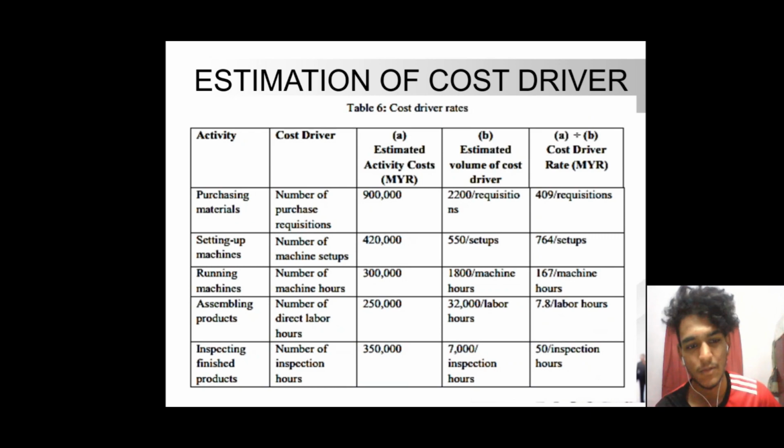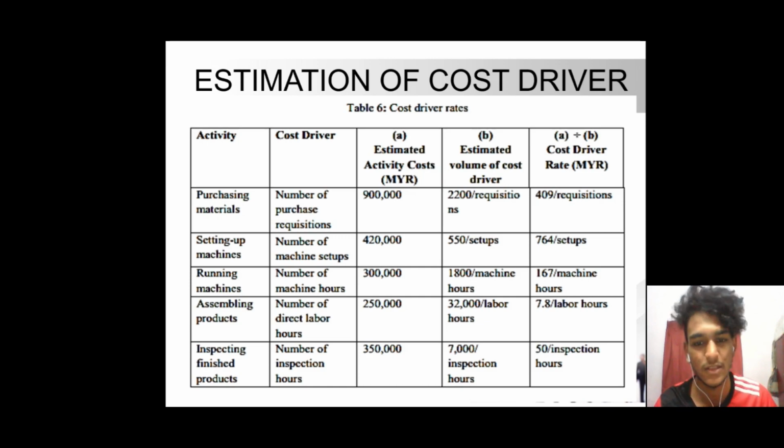And assembling products, 250,000 divided by 32,000 labor hours, and you'll get 7.8 per labor hour. Don't forget the per labor hours. And last but not least, for inspecting finished products, 350,000 divided by 7,000 inspection hours, and you get